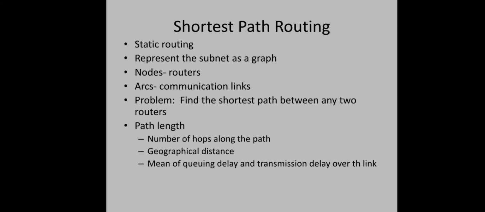Otherwise, we can use other metrics like queuing delay and transmission delay over the link. In order to measure the queuing delay and transmission delay over the link, usually some test packets will be sent initially before sending the actual data. Using some test runs, maybe on an hourly basis, test packets will be sent, and based on the delay for those packets over the link, the queuing delay and transmission delay will be marked. Let us move on to the algorithm.